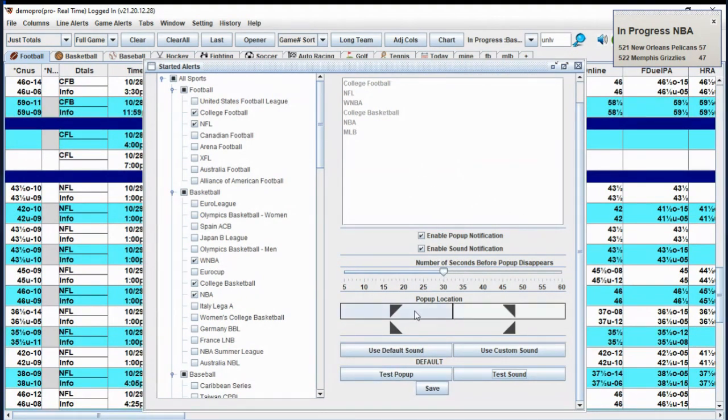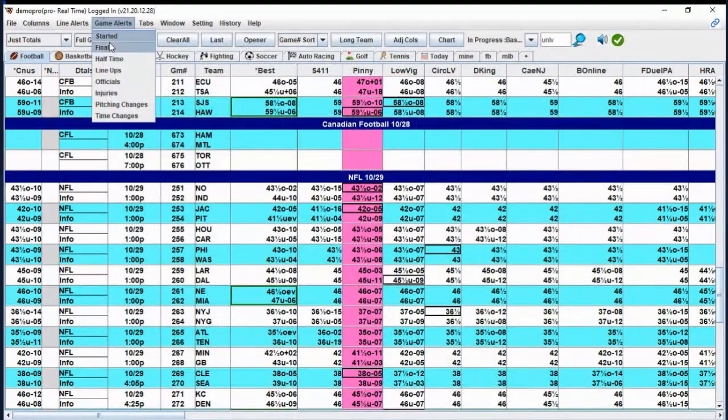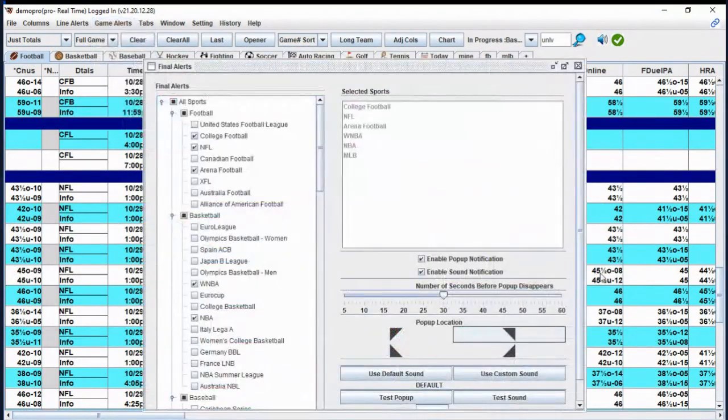So I'm going to make the started go over here in the top left. Change it up a little bit, and we'll keep it up for 35 seconds. Okay, save. Other game alerts, and these are all the same. Final. Now, when the game goes final, we can make this bottom right, 30 seconds, pop up